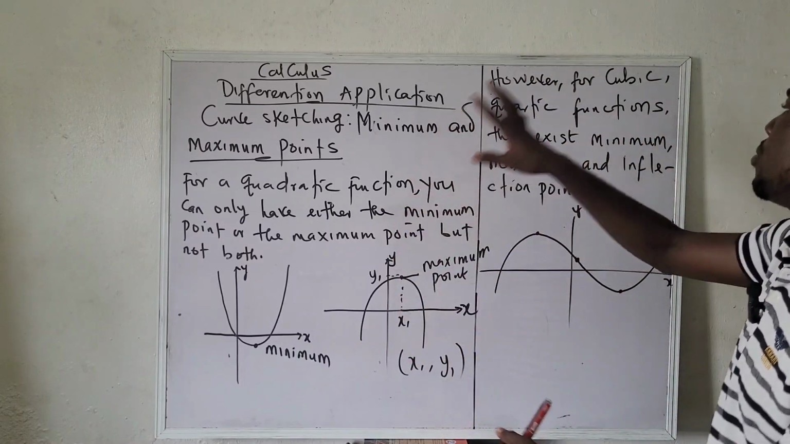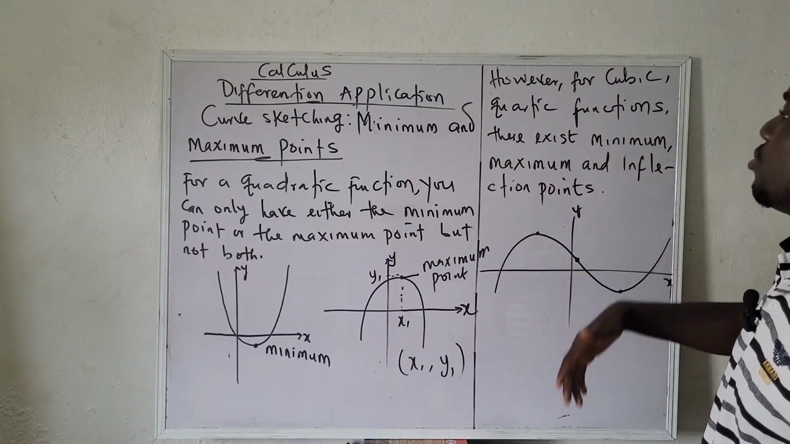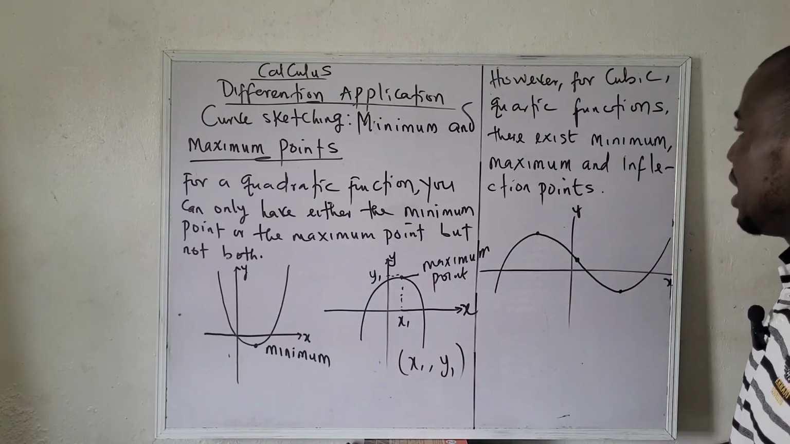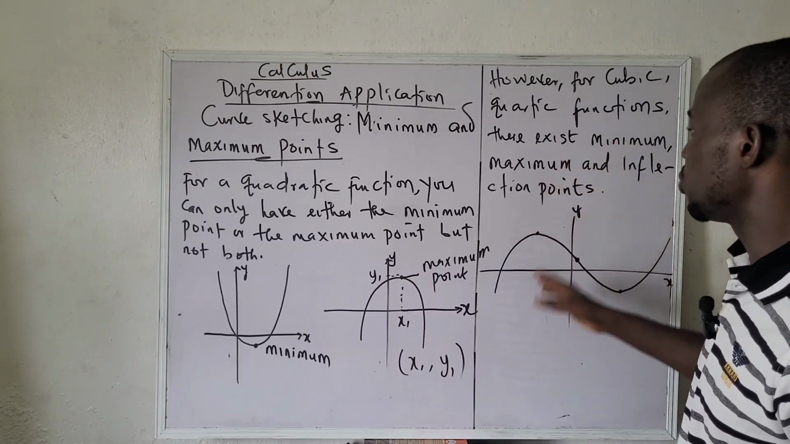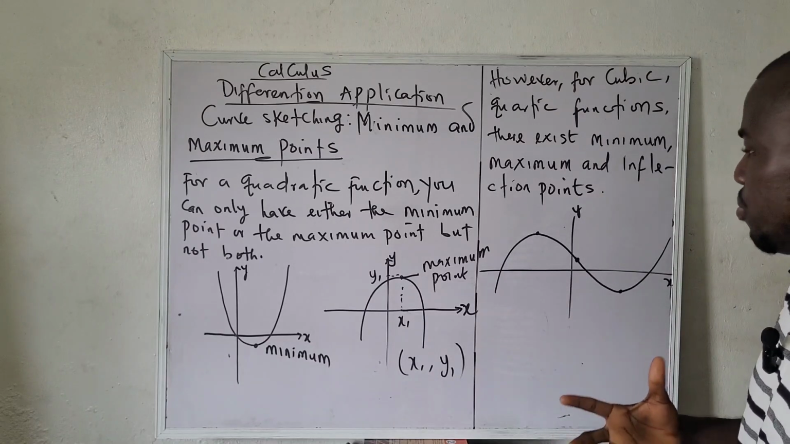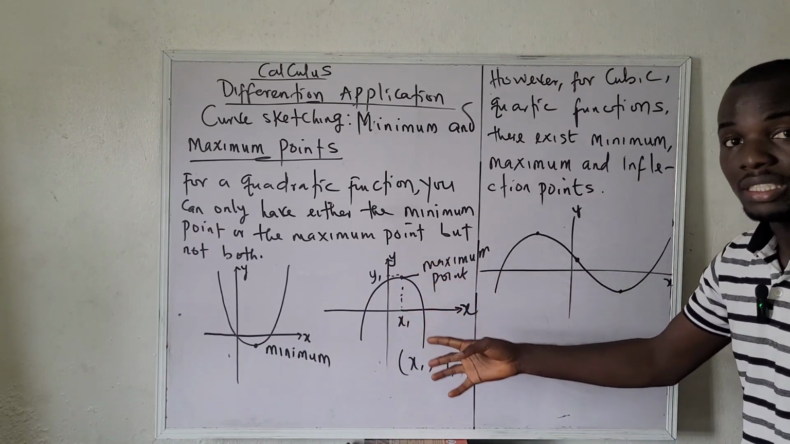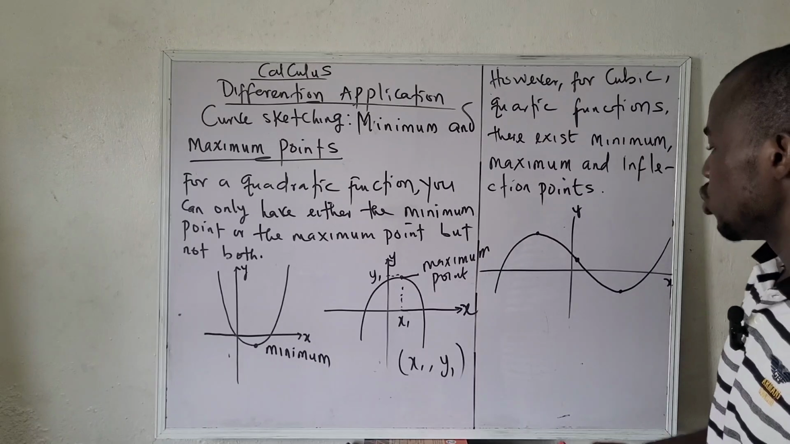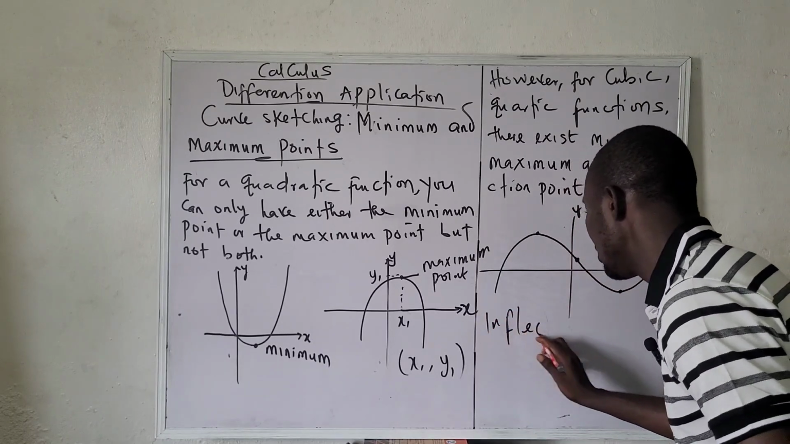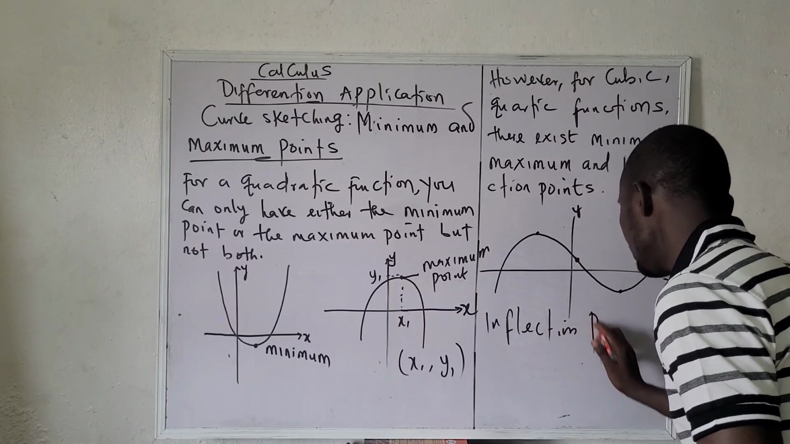But like I said, when we come to cubic and quartic functions, it's more than that. Apart from the minimum and maximum point, we also have the inflection point. The question is, what is the inflection point? You'll know what a minimum point is and what a maximum point is. So what is an inflection point? Now, an inflection point, the point of inflection